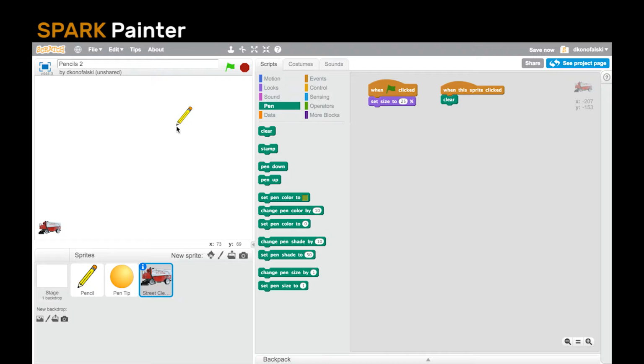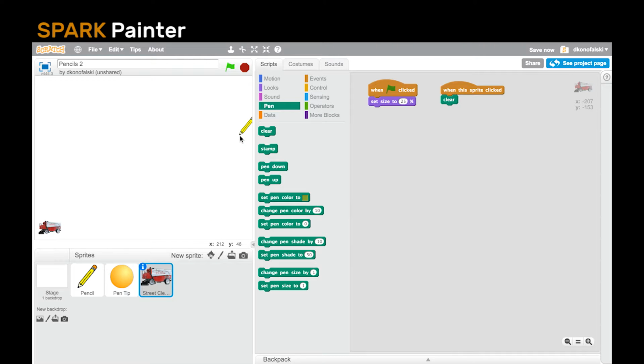So if you want to, we'll start with the colors, and if you want to go ahead and experiment with that, now's a great time to pause the video and try it out, and then I'll show you guys how to do that when you get back. So go ahead and pause the video if you'd like, and take a few seconds to try it out yourself. Okay, so now that we're back,